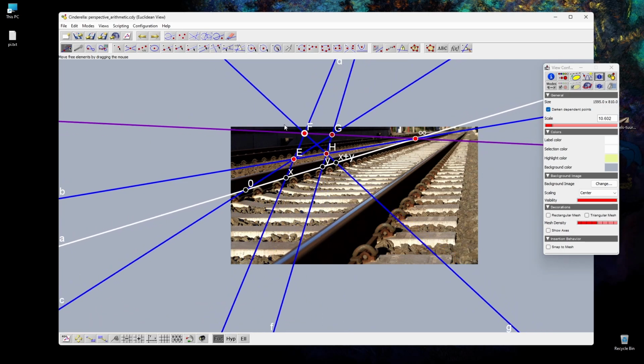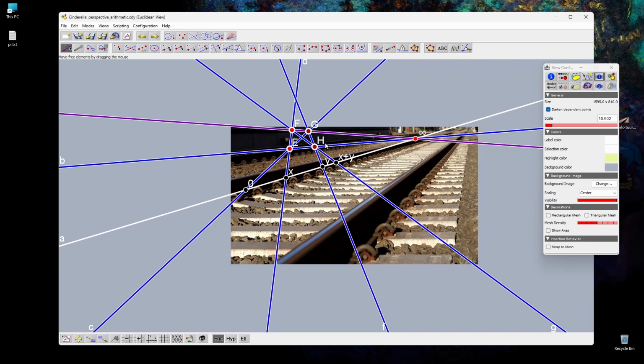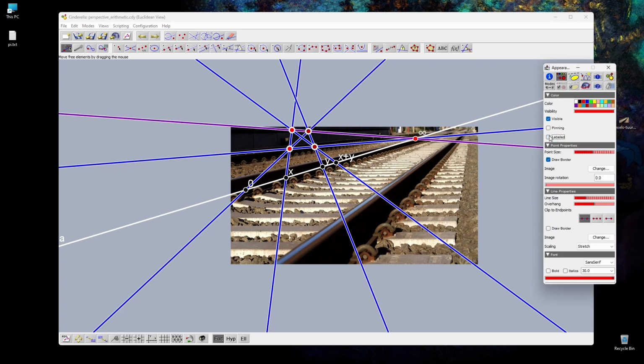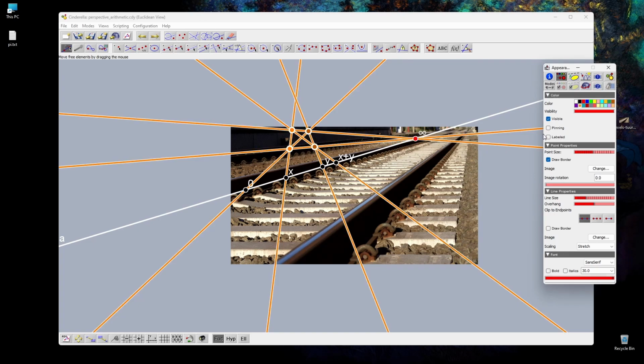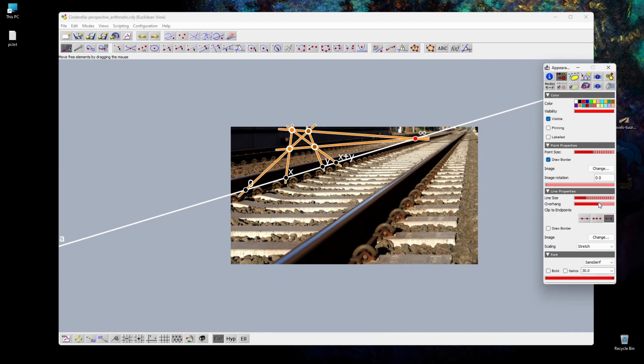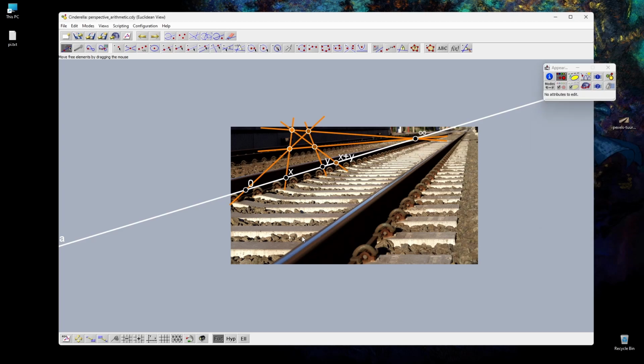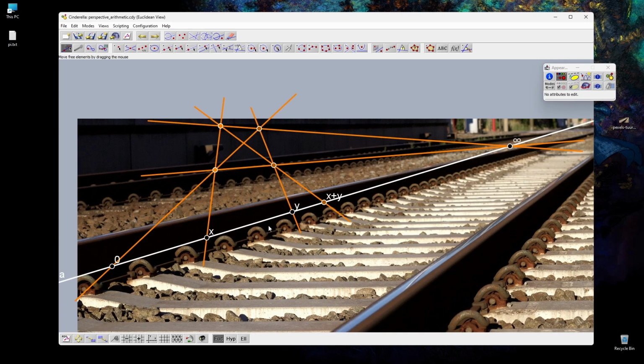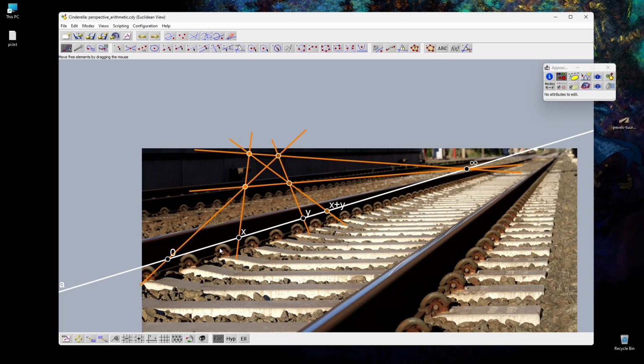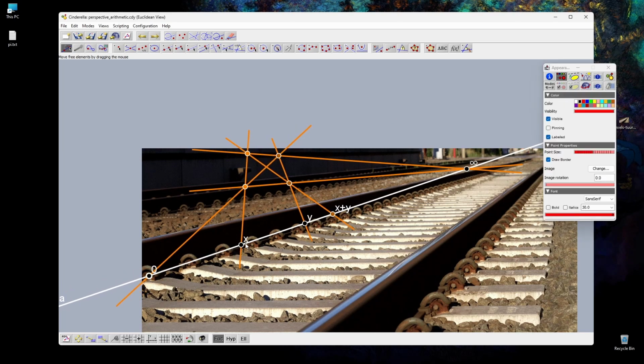And let's make this auxiliary construction here. First of all, remove the labels and make the lines and points orange maybe. Maybe that is nice. And we can also shorten the lines a little bit. So now it's a little bit more confined. The final point should also be black, and maybe the result orange. Does this now look nice? I think, right? If we use the net here, we can focus on everything we have, and now we can try to align this with our